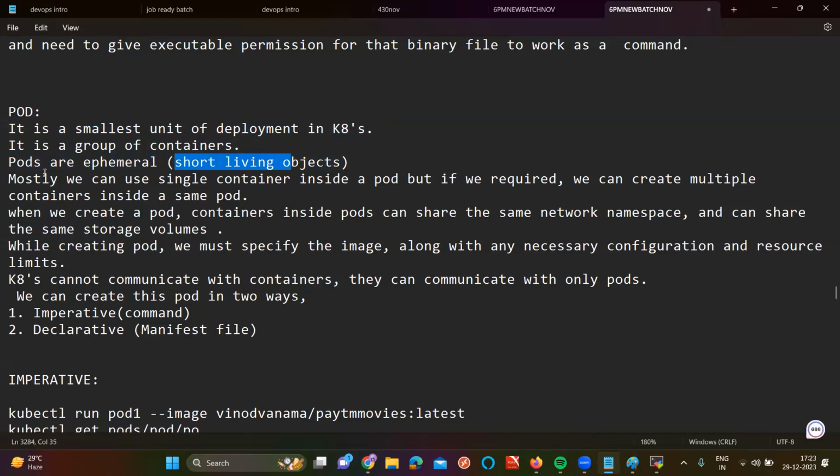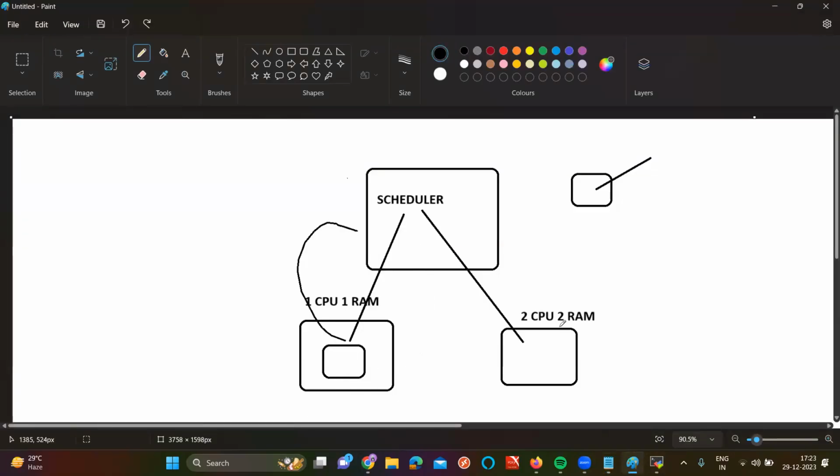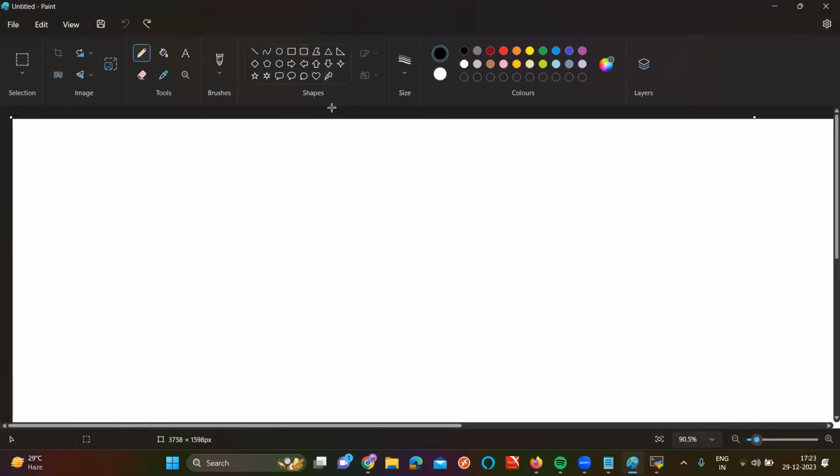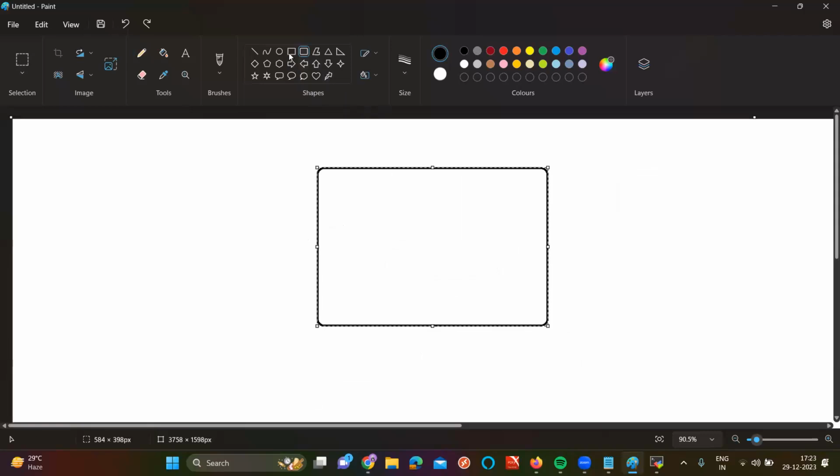Okay. Next. Mostly, we use a single container inside the pod. Already I said, pod is nothing but a group of containers. But in the real world, in a single pod, I'll try to create only one container, most of the times. But on some occasions, whenever you want, you can place multiple containers inside the pod also.